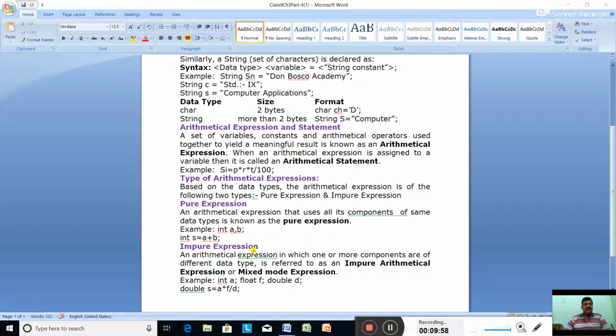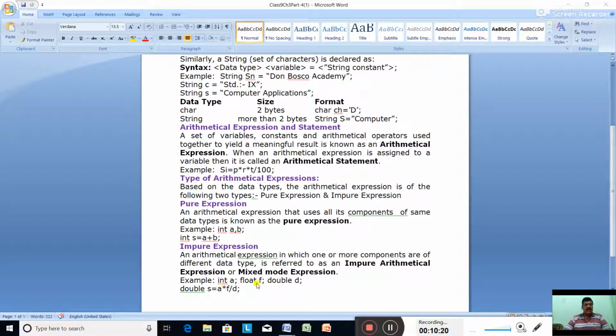Opposite of it is the impure expression. An arithmetical expression in which one or more components are of different data types is referred to as an impure arithmetical expression or mixed mode expression. In this, what happens? One or more components are of different data types. Let's see an example.